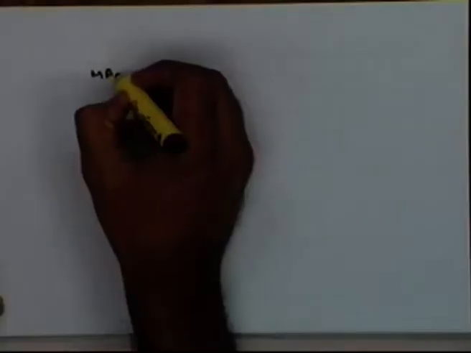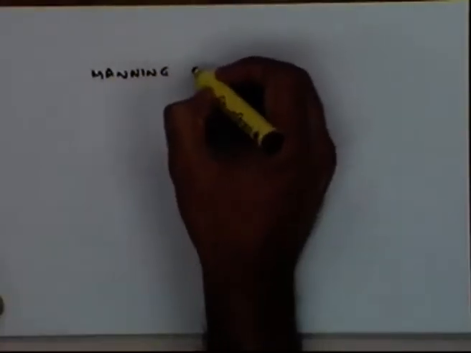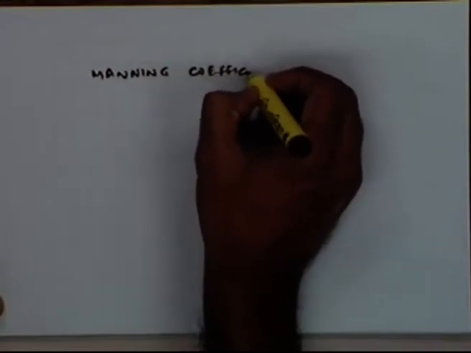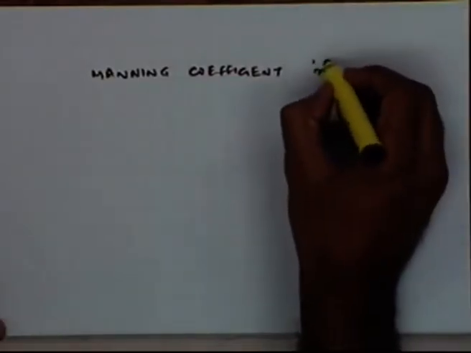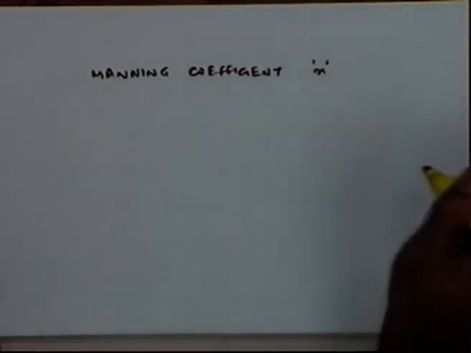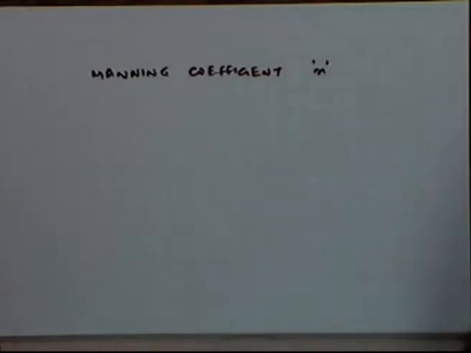Then another parameter which is quite important and you will be using quite often is the Manning coefficient of roughness, which is normally designated as small n. Now, whenever you are talking in terms of the flow characteristics, it will be highly dependent on the roughness coefficient, and the roughness coefficient varies a lot in the case of